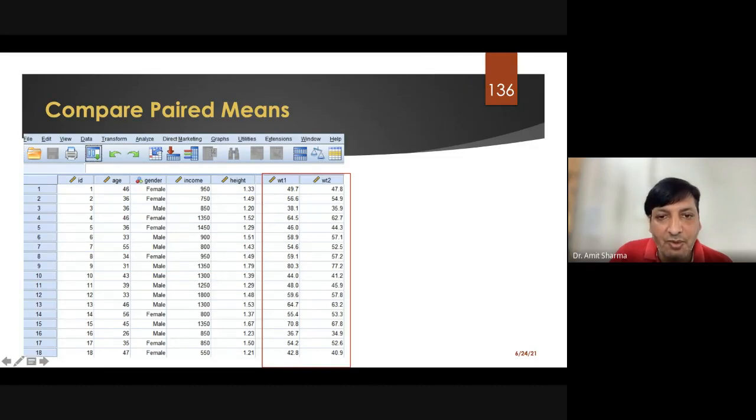Weight 1 will be entered in terms of numbers, and weight 2 will be entered in numbers only in a second column. So you have to make 2 columns for one pair. Like this you can make multiple pairs if you want to evaluate that. The first one is weight, the second one is your systolic blood pressure, the third is your fasting blood sugar, the fifth one is your HbA1c, and you can include some other level if you want. Like this we are going to enter the data in SPSS.